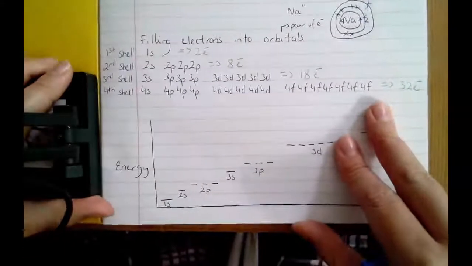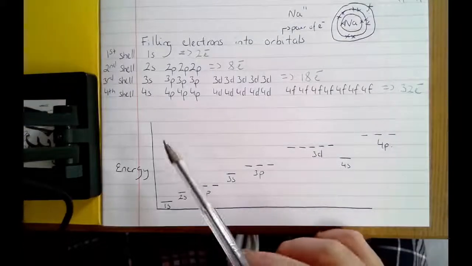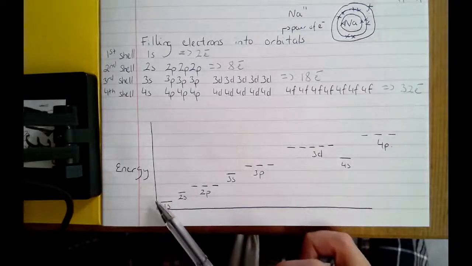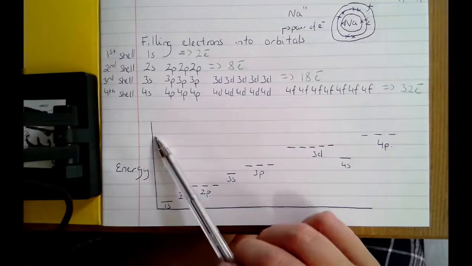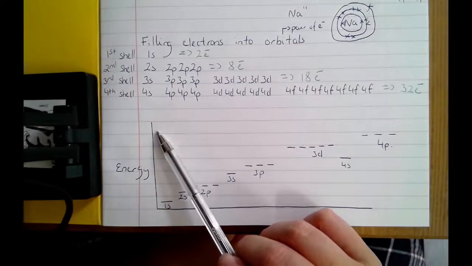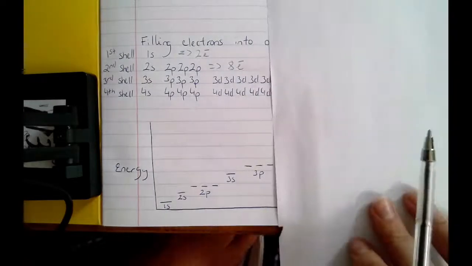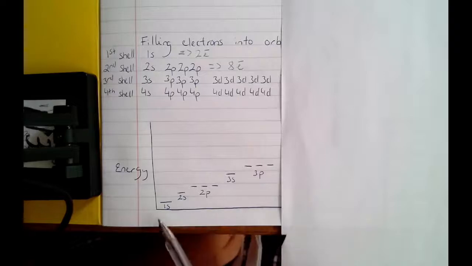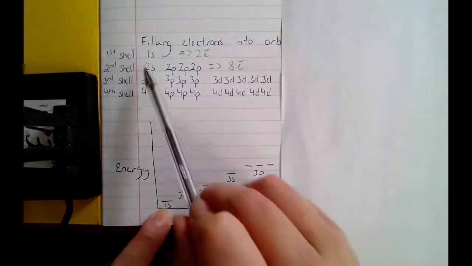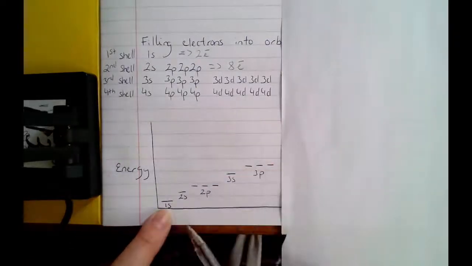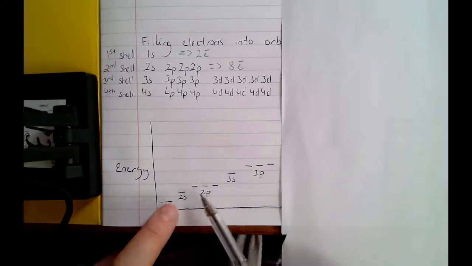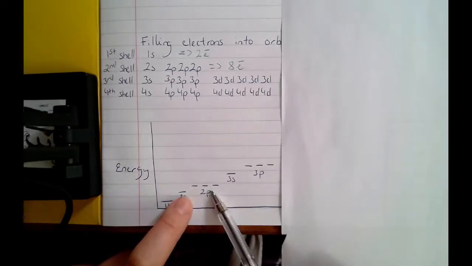So if I reveal this diagram here below, I've drawn it out with energy on the y-axis, and as you move up the y-axis, the energy is increasing. So I'm just going to cover this here for a second, okay? So starting off here, the 1s, which represents the first shell, is the lowest in energy, the shell closest to the nucleus. Then you move into the second shell, and you will see that even though the 2s and the